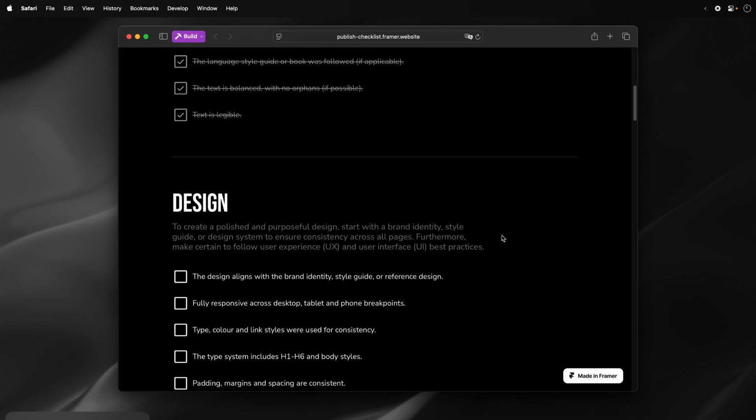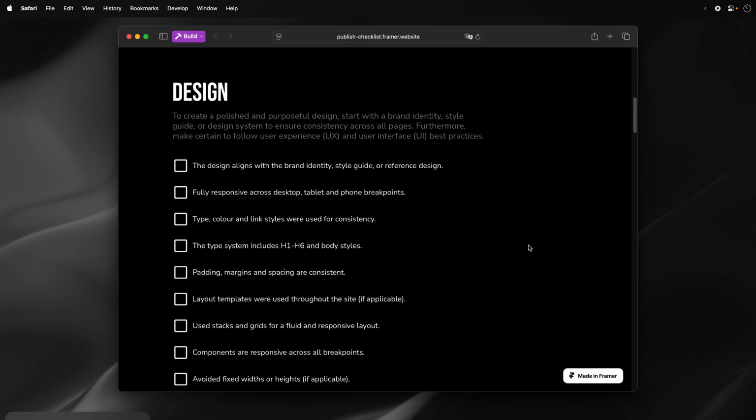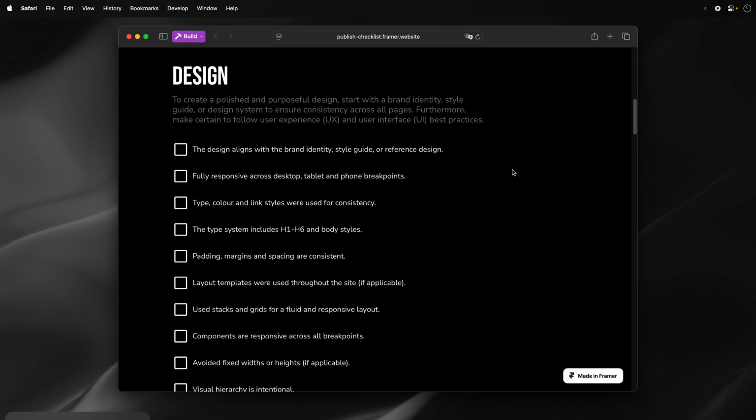Right, so next on the checklist we'll cover design. This stage of the checklist is actually something you would do before publishing. It will be part of the design process. So we'll just go through the checklist to ensure that all the recommendations were followed. To create a polished and purposeful design, it's a good idea to start with a brand identity